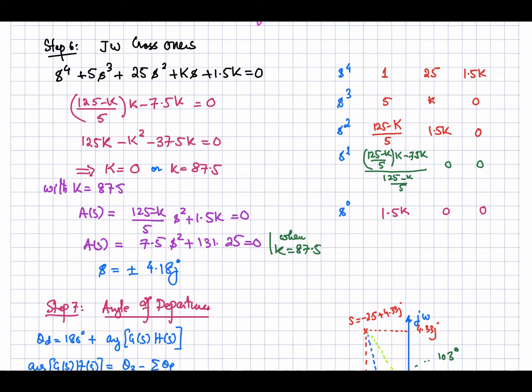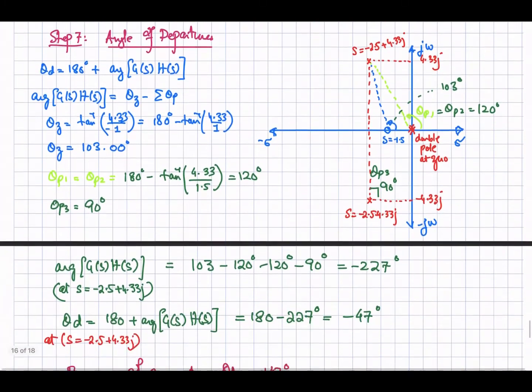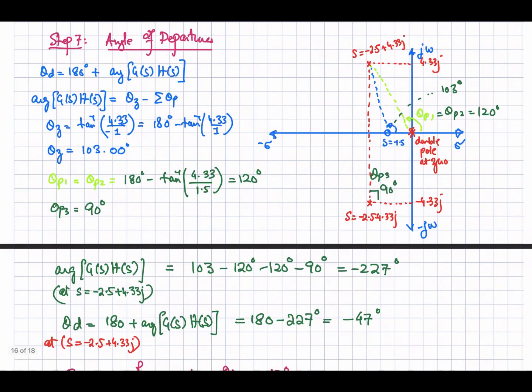Now we have two complex poles, so definitely there will be angles of departure. Let's calculate the angle of departure for this pole. The opposite sign will be there for the other one. So how to find the angle of departure? 180 degrees plus the argument of this part, excluding the pole at which you are calculating. So we are calculating at this point, so we will be excluding this pole from this expression of G(s)H(s), right? The argument of this one will be equal to the sum of all angles of zeros minus the angles of poles, all the poles excluding that particular pole.